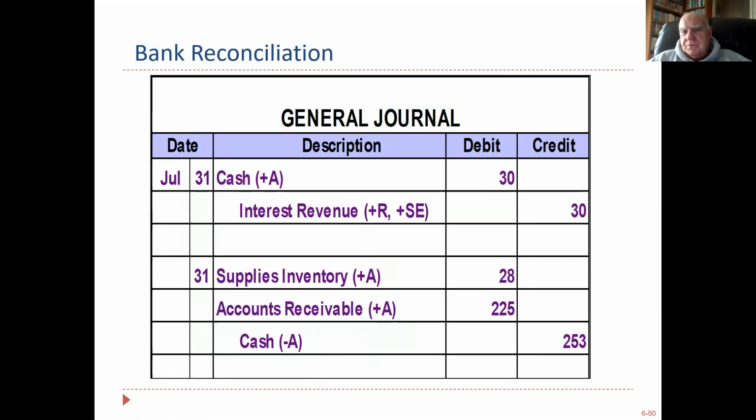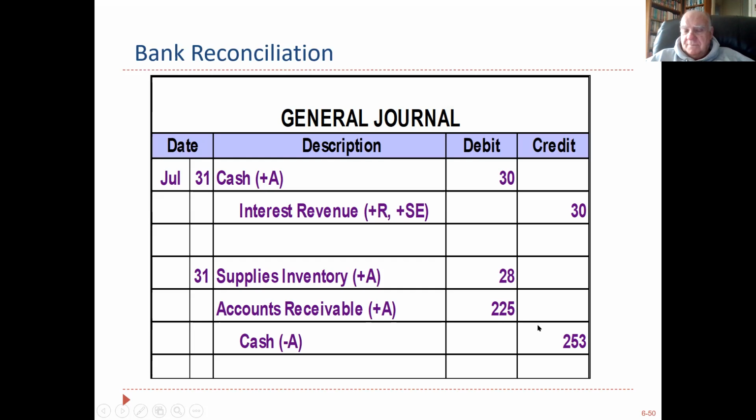So let's look at the journal entry. Not too tough. Cash, they did the one plus here. You debit cash, interest revenue. Thank you, bank. That's $30 we found out was on the bank statement. And here we're going to debit supplies inventory because that's what they bought originally. They were supposed to debit supplies inventory for 268 and credit 268. Now they're just correcting for that. And the AR, the bounced check, you debit accounts receivable and credit the cash 225,